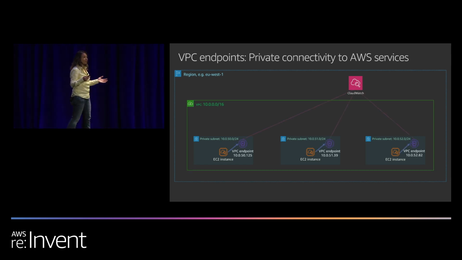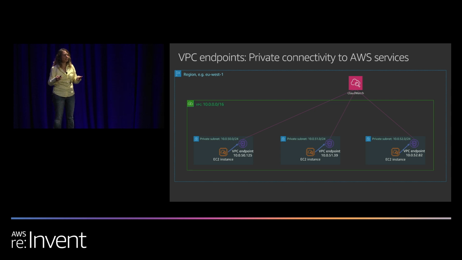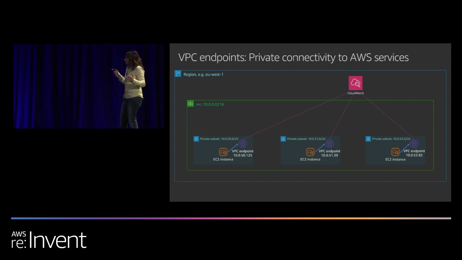Many of our services offer one. The VPC endpoint serves a couple of purposes from a security standpoint. It's a really great security tool. One reason why it's a great security tool is it lets you do connectivity least privilege here. So a VPC endpoint lets me plant CloudWatch Logs at IP addresses in my VPC. So now I do have a route to CloudWatch Logs. And in fact, it does some things with the DNS name so that